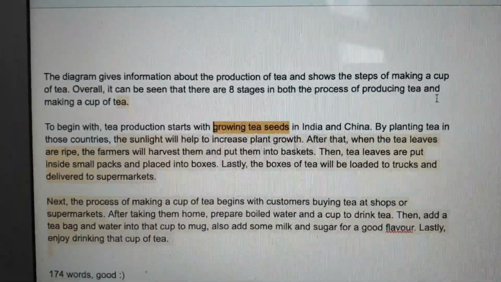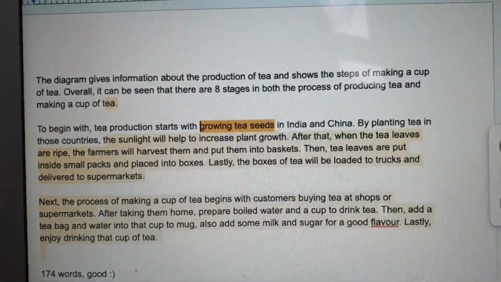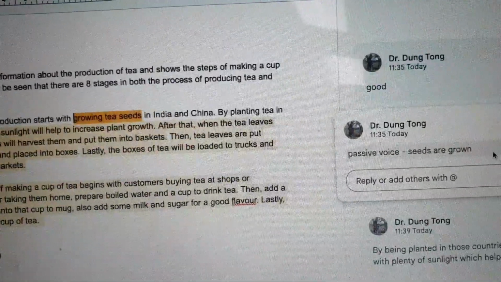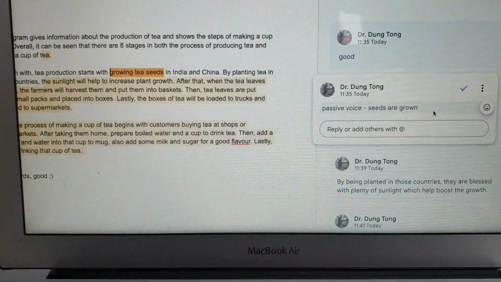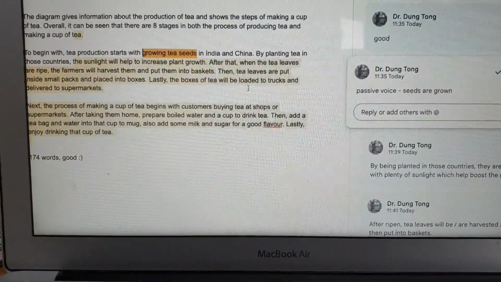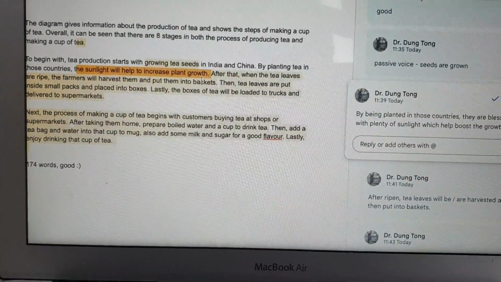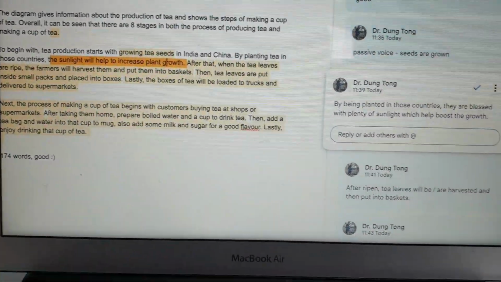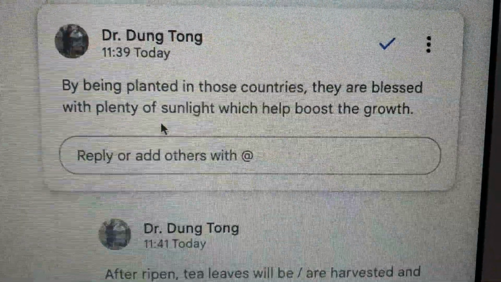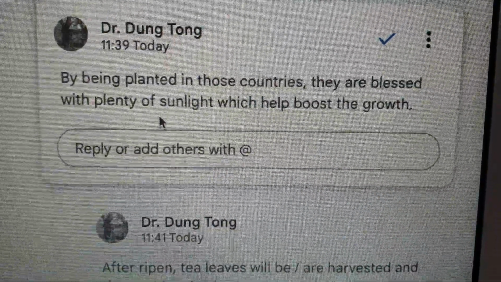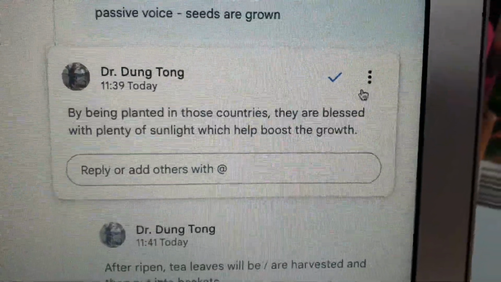So first of all, to begin with, tea production starts with here, seeds are grown. Okay, seeds are grown, and then we're going to suggest the second sentence. When they say by planting tea in those countries, sunlight will help to increase the plant's growth, I suggest that we say by being planted in those countries, they are blessed with plenty of sunlight, which helps